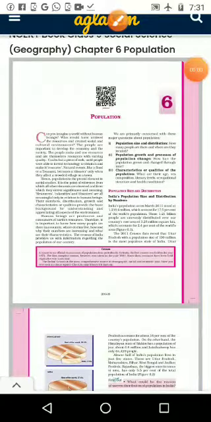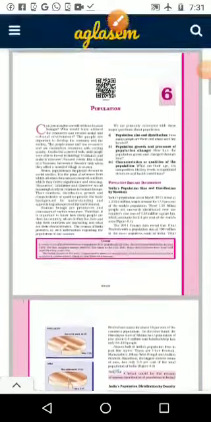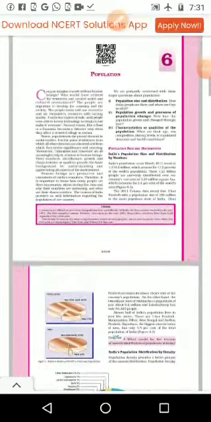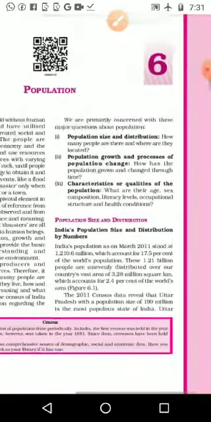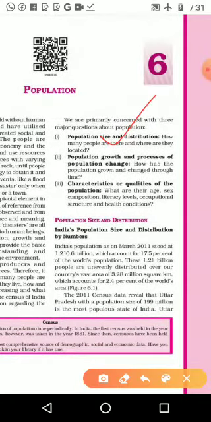Dear students, in this video we will go through the sixth lesson of our geography, that is population. We already studied this last year, but we want to study it in a little more detail. So first we will go through the lesson, what population means, and we want to study three major things in this lesson: population size and its distribution, and population growth and process of population change, then